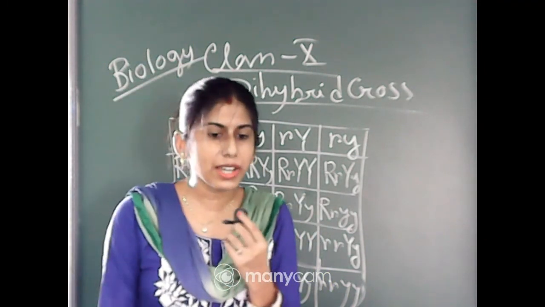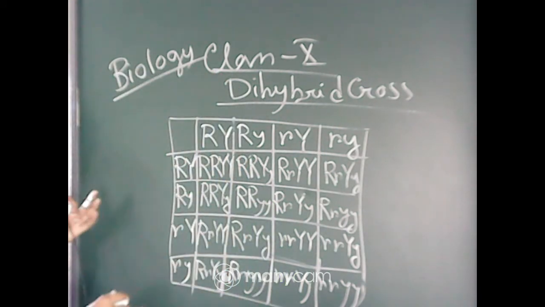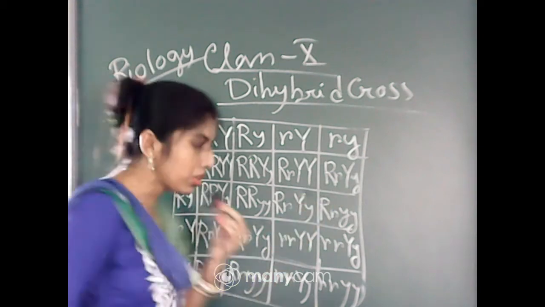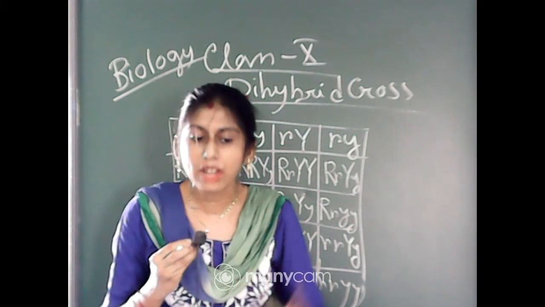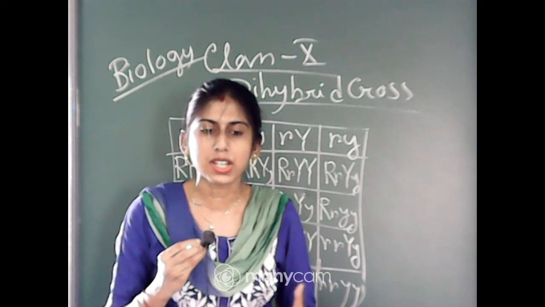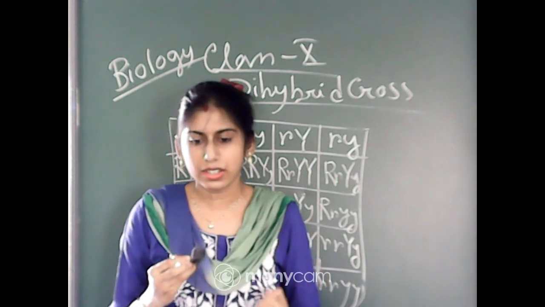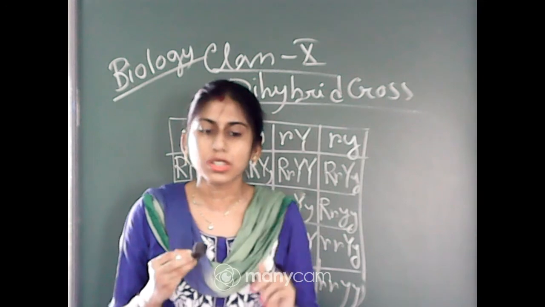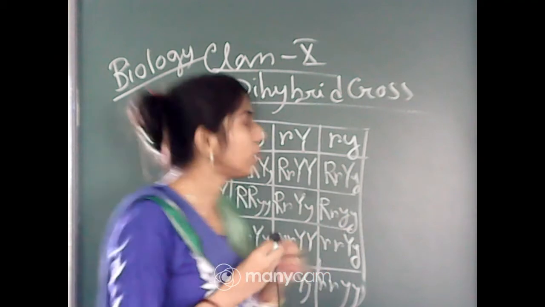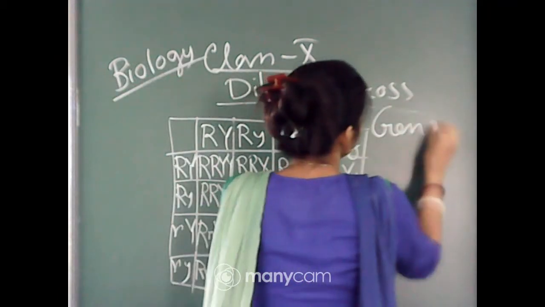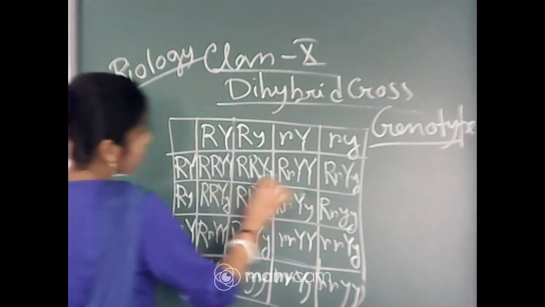Okay, you will tell me what we have to write in this particular ratio. First, you know these are the genotypes, so we know the ratio of the phenotype is 9:3:3:1, and we have got 4 possible combinations: round yellow, round green, wrinkled yellow and wrinkled green, and the ratio is 9:3:3:1. And like that today we will find out the genotypic ratio. Okay, so how do you have to write it down? For the genotypic ratio, we will consider the genotypes one by one.